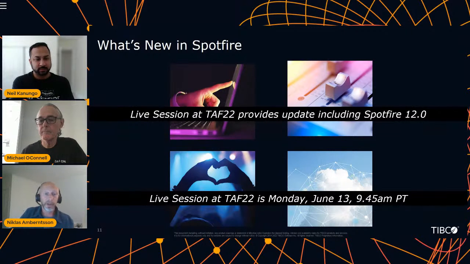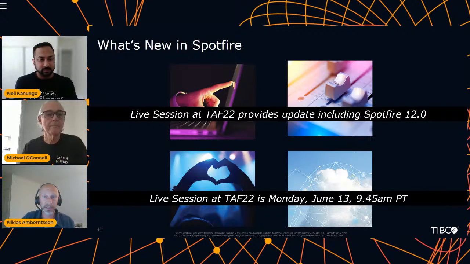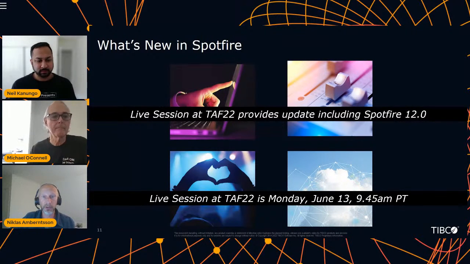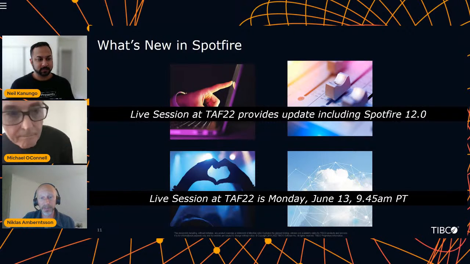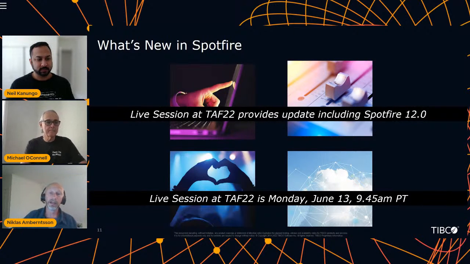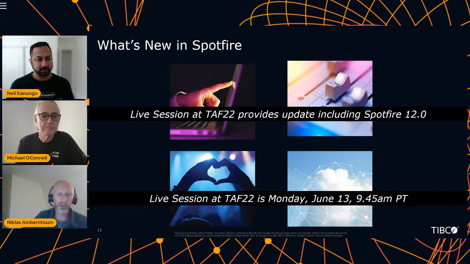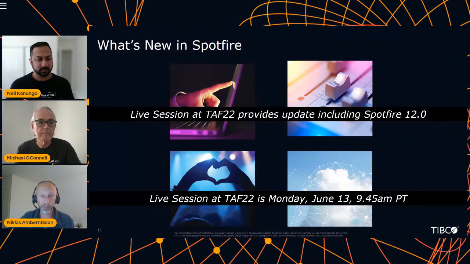I will also cover a number of feature requests from the TIBCO user community that we have been addressing. And in the last area, I will be speaking about that is for you that have the job of administering and deploying Spotfire for your organization. So we have some quite big news in this area. You'll find we made it easier to deploy Spotfire in the cloud, in hybrid cloud, in multi-cloud, or on-premises using industry standard methods and tools. And in addition to that, I will also be giving you a glimpse of the future plans for Spotfire.